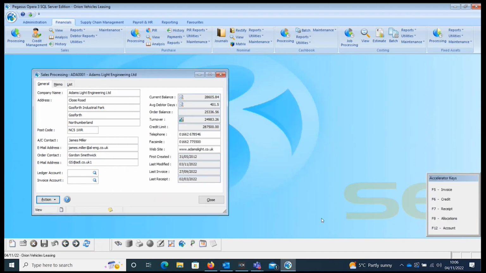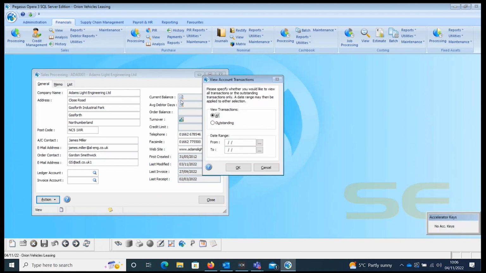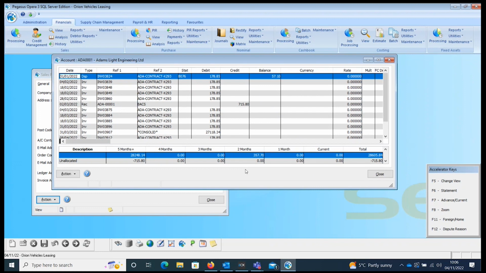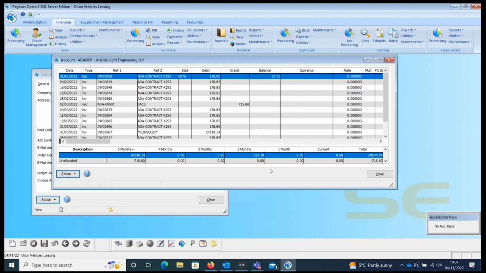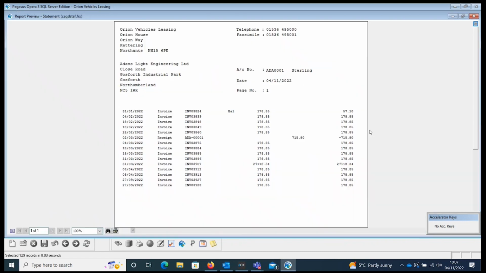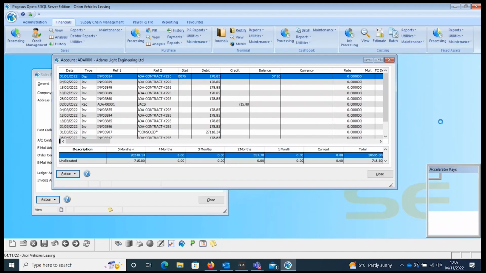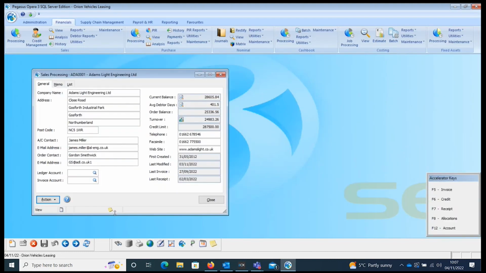So if I go to the account, and we've got outstanding, let's say, for argument's sake, I'm now on the phone with a client, I'm chasing the debt, and they turn around and say, sorry, not had a statement from you. So I say, right, okay, let me email you a statement. If I email statement, I'm just going to publish that to screen for ease. Then if I close that, and go back to my notes again,